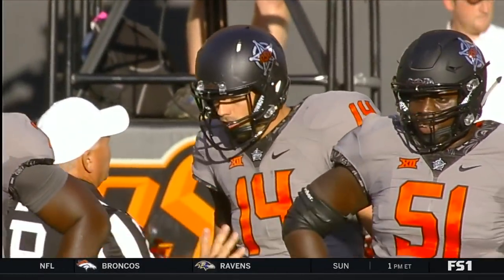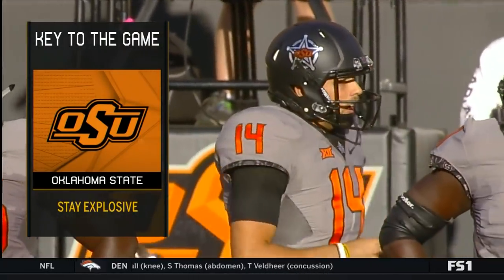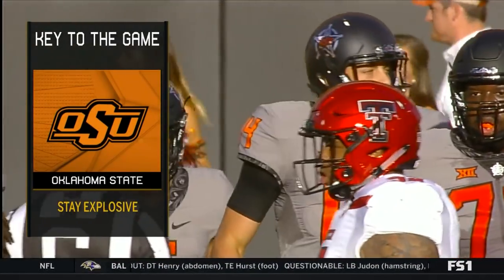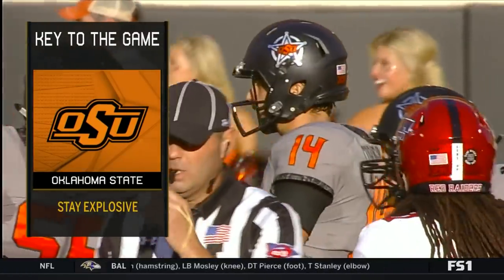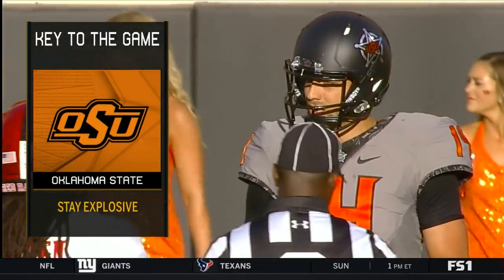Ben, let's talk about keys to the game, especially with the Cowboys with the football. Well, I think they just have to stay with their identity. Their identity is to run the football and then go over the top. They get a little impatient on offense, and they want to hit everything over the top. That's been their identity for years. So I say stay explosive. Keep pounding that rock. Soften up the defense. Ask that defense to bring down the safety in the box